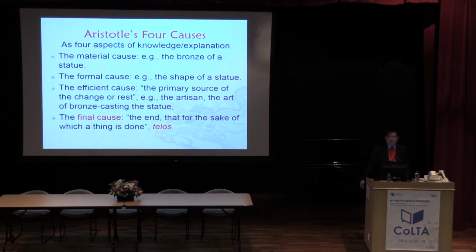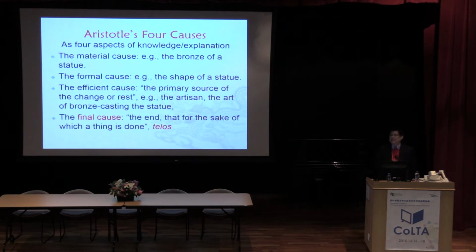Statue. Explain the bronze statue by four causes. This is the basis of Western science. Explain the bronze by the material cause. What is the statue made of? Explain the statue by the formal cause: the shape of the statue and the components of the statue. Explain the statue by the efficient cause, the primary source of change or rest, that is the artisan, the art